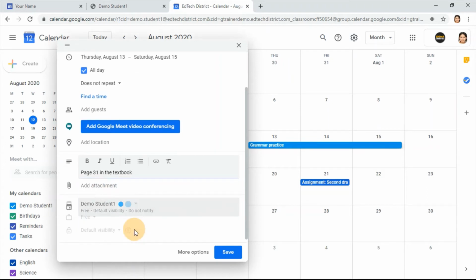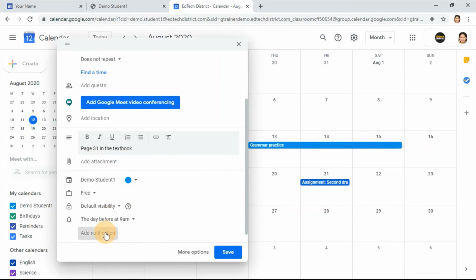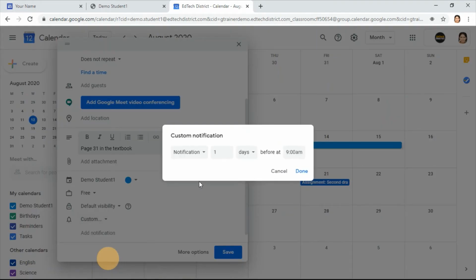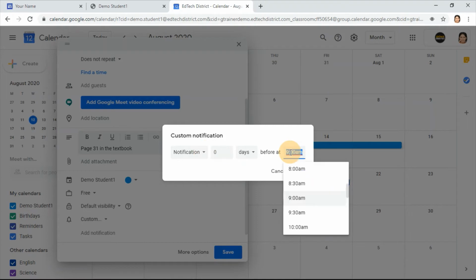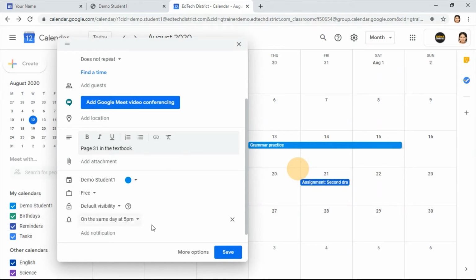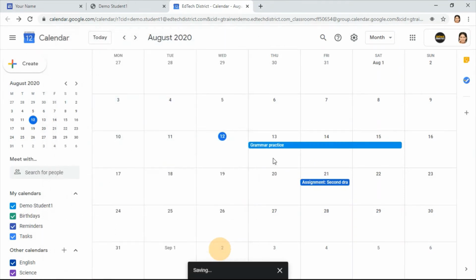So where it says do not notify, I click on that. I want to add a notification. The default is like on the same day at 9 a.m. But if I want to change that, I click on custom notification on the day, let's say 0 days at 5 p.m. So 5 p.m., grammar practice done. So on the same day, 5 p.m. Save. It does show up in my calendar as a 3-day event, but I would only get one notification, and